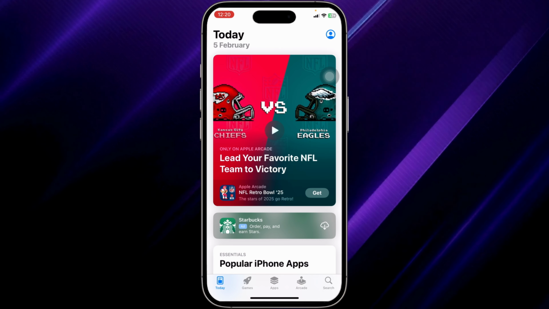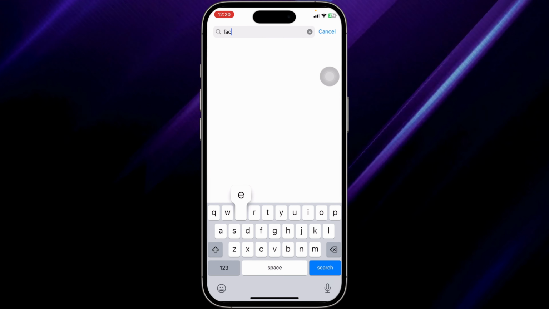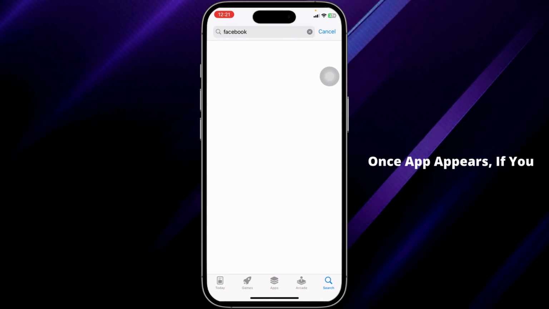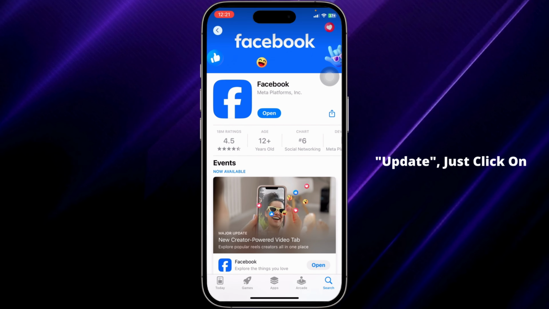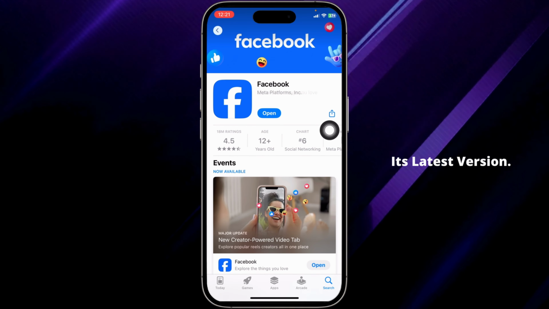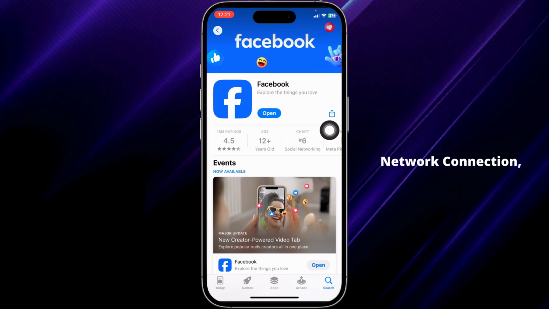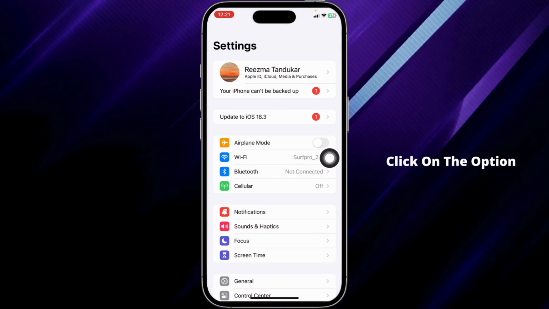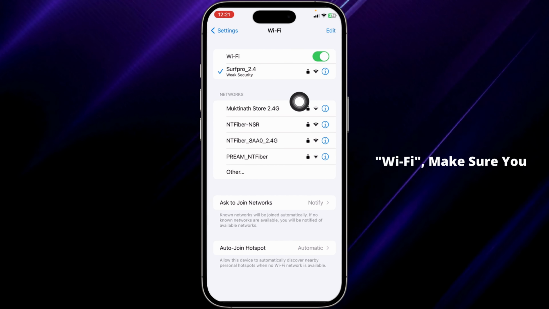For that, launch your App Store, search for the app Facebook. Once the app appears, if you find the option of update, just click on it and update the app to its latest version. Likewise, check your network connection. Launch your settings, click on the option Wi-Fi, make sure you have a stable